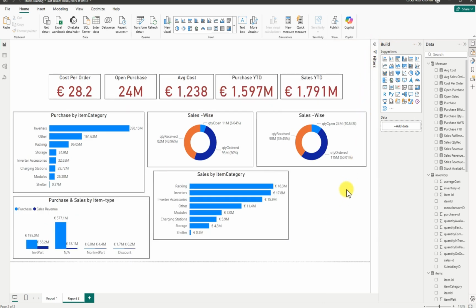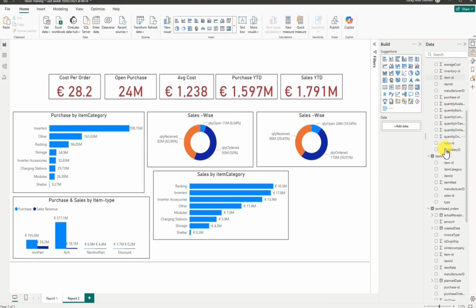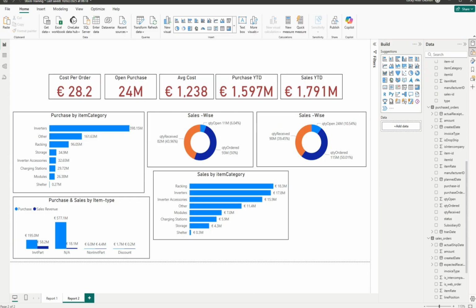And before we move to the third report, we have just one more to go. And that one more to go, what are we looking at here? We are just looking at a very small amount of something. So let me go back to the report and see what we are lacking that we have not included in it. So we only have, they want to see by inventory. Already we have the inventory there. So the last but not the least is we are picking